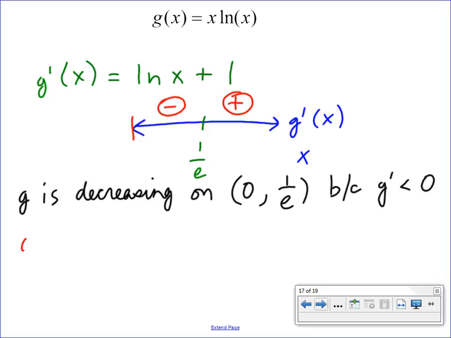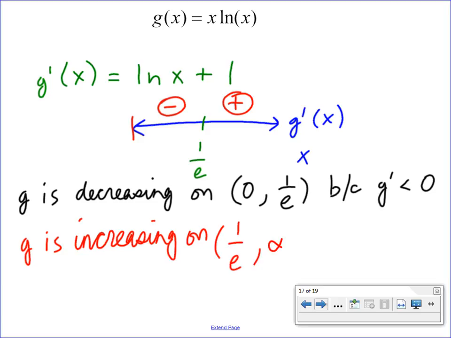And g is increasing on 1 over e to infinity for the same reason. g prime is positive on that side, and g has a local minimum